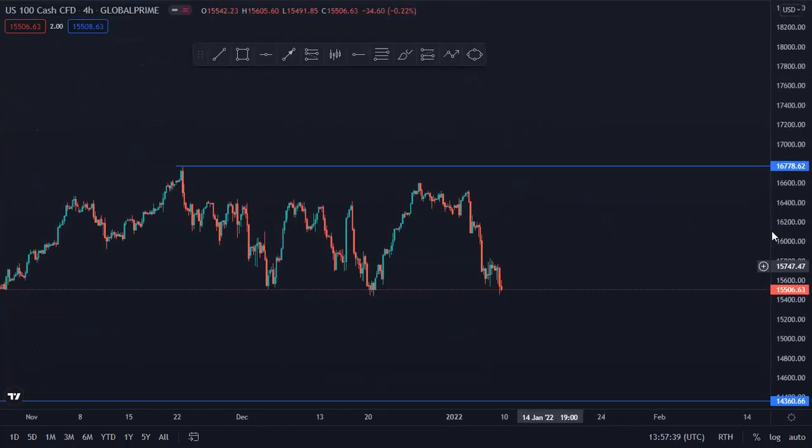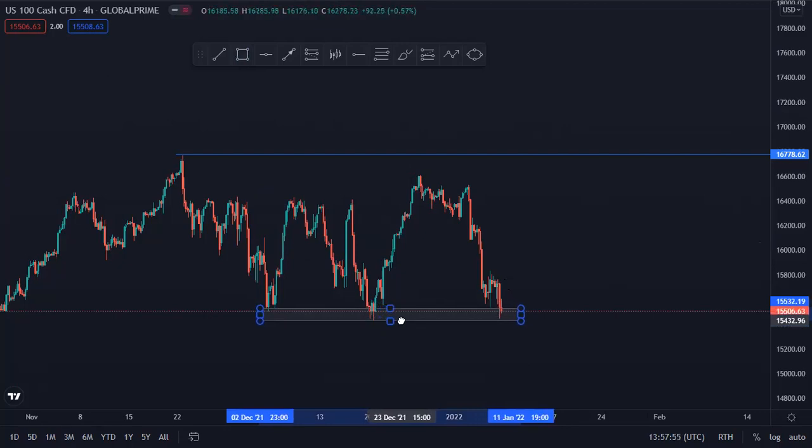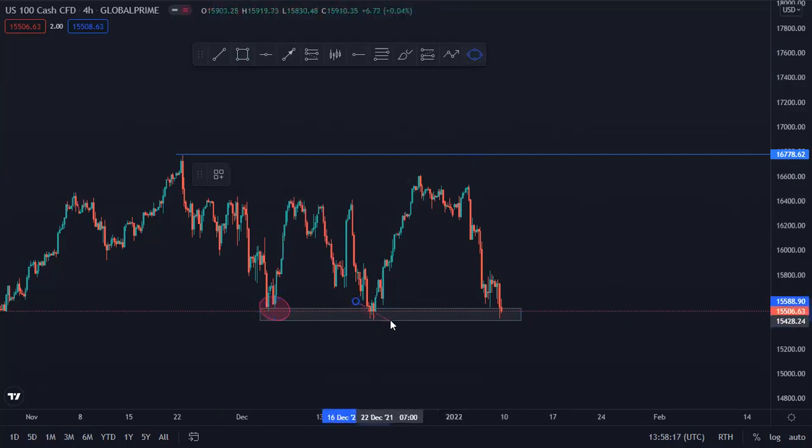On H4, as you can see, the market is currently on support. The market is currently at the support level, and we're just going to highlight this support area. We don't know where the market is going to go when the market opens or the following week. But judging from how it's showing us, we're just going to predict that the market is going to shoot up, because it's currently at the third touch. As you can see, this is our first touch, and we have our second touch. Mostly the market